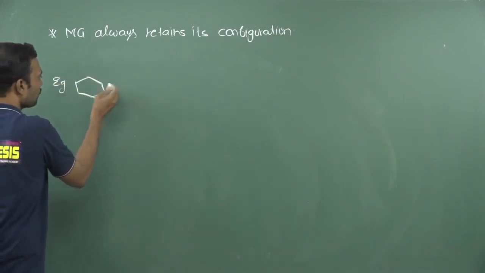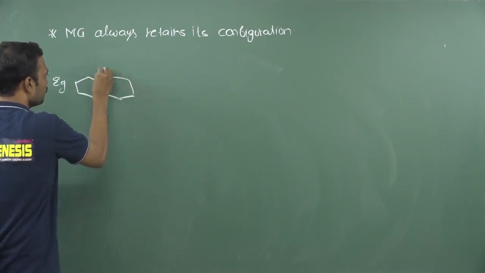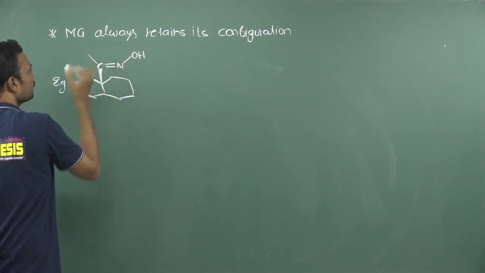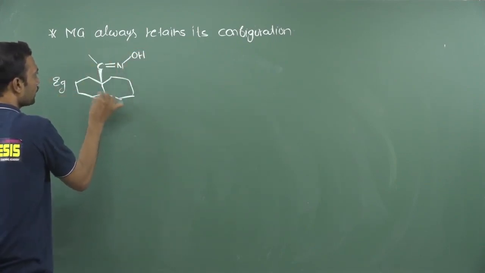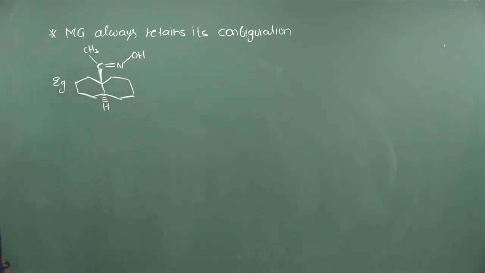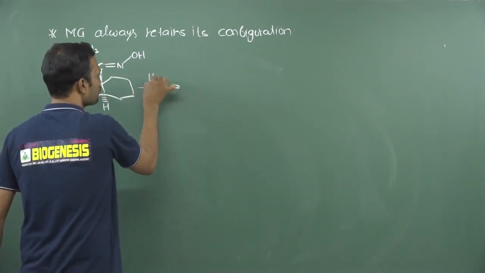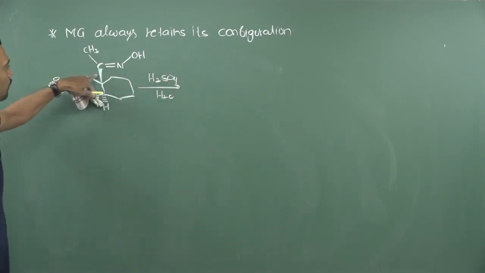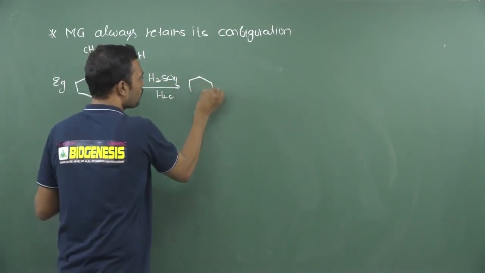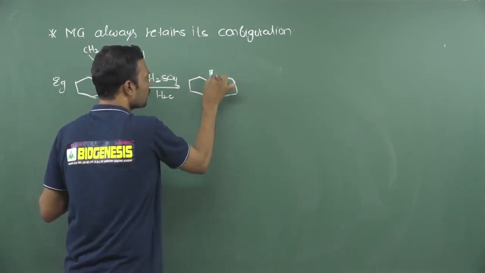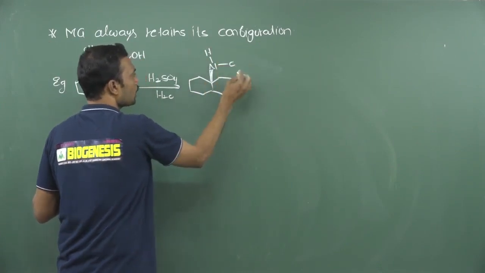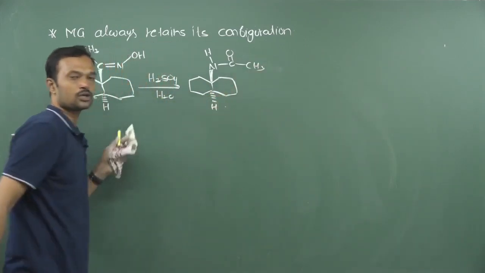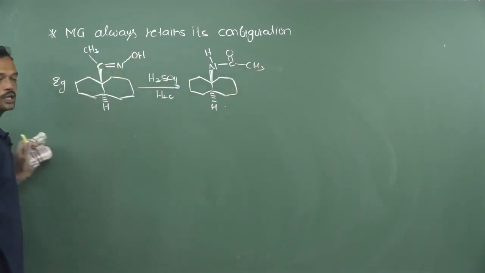See, this is a molecule where the oxime carbon nitrogen double bond is present, and this is OH, and here, this is a dotted line, and here I am writing a methyl group. Whenever you treat it with H2SO4 in presence of water, it is oriented in the above direction. See, it is completely above. Now after migration of this particular group, it is still above, present on nitrogen, and this is hydrogen. This carbon carries C double bond O, and this is CH3. That is the resultant answer. Here it is completely unaffected. So always, the migrating group will retain its configuration.